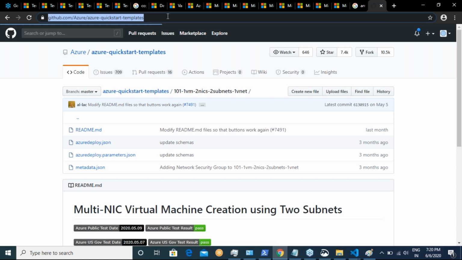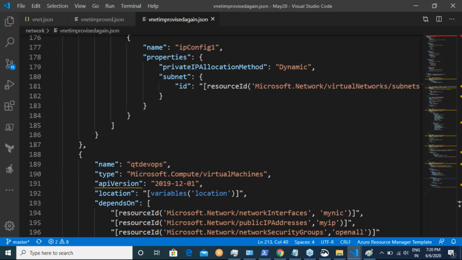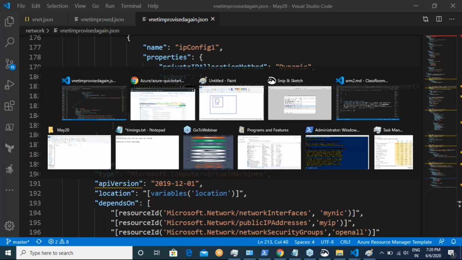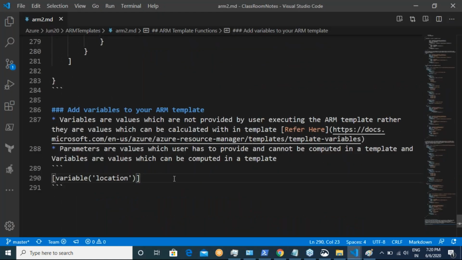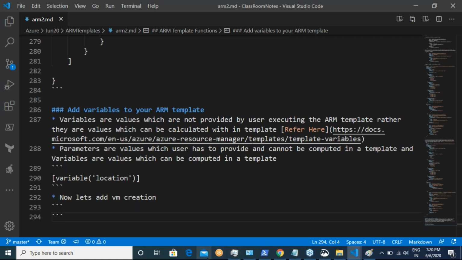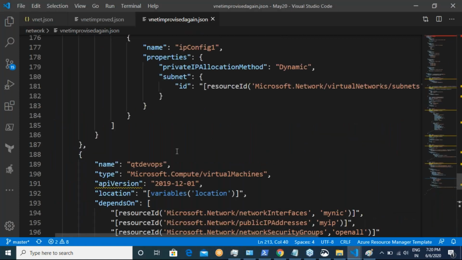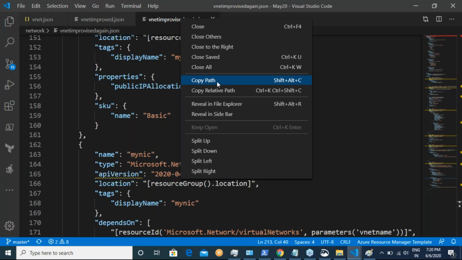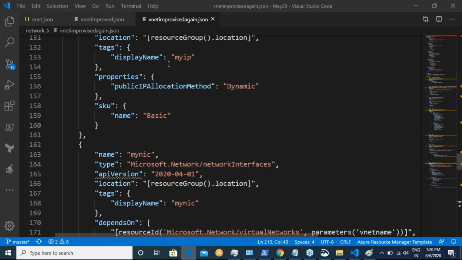So generally the ideal way of writing ARM templates is we generally don't start from scratch. We take the ARM template of some existing template and then we make changes. For that you need not know everything or how to write it from scratch, but even writing it from scratch is not a very difficult area, right? So now let's add VM creation. Okay, so now this is my template. So first of all, let me validate if my template is right or wrong. So let me copy the path. We know how to create a template, right? So